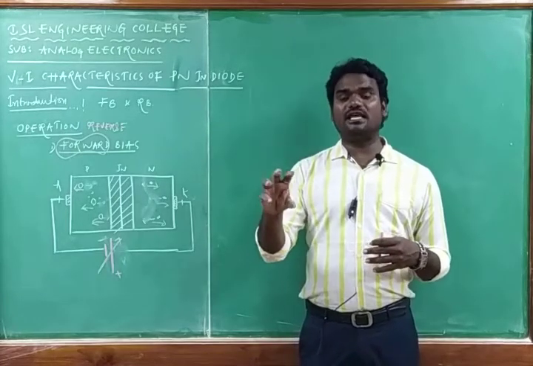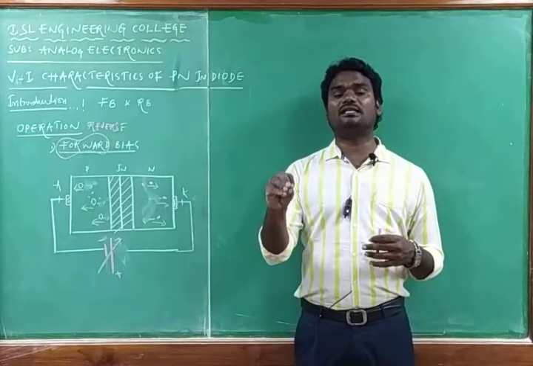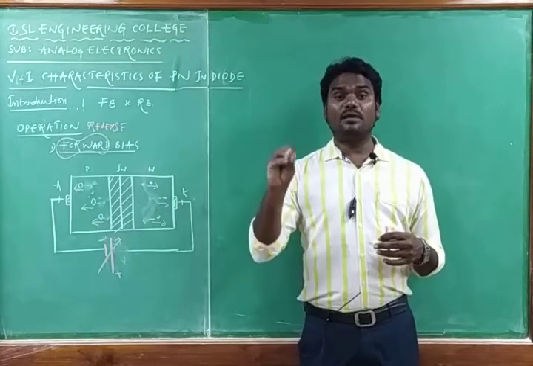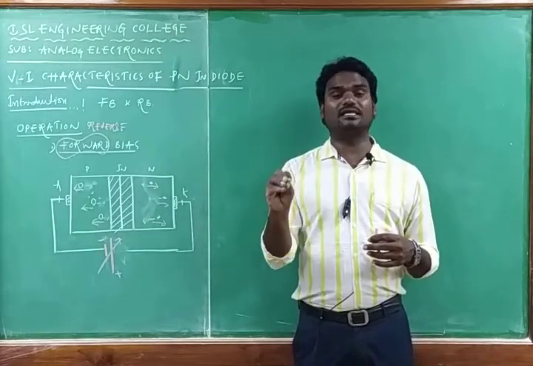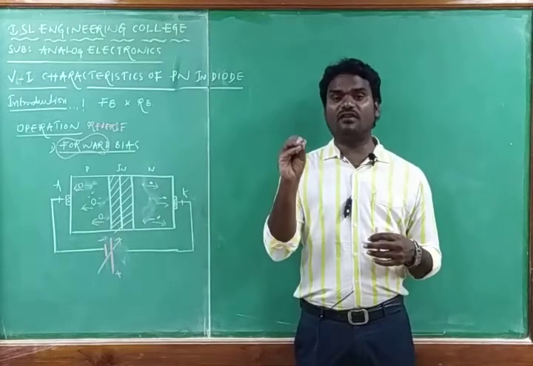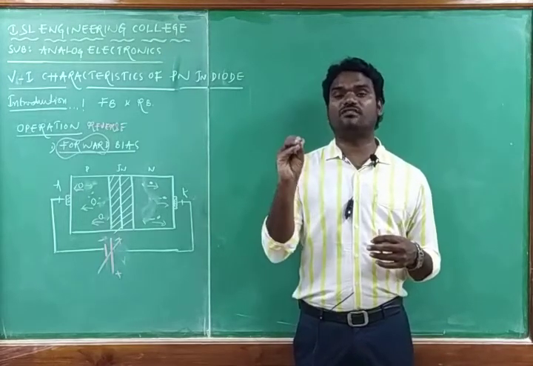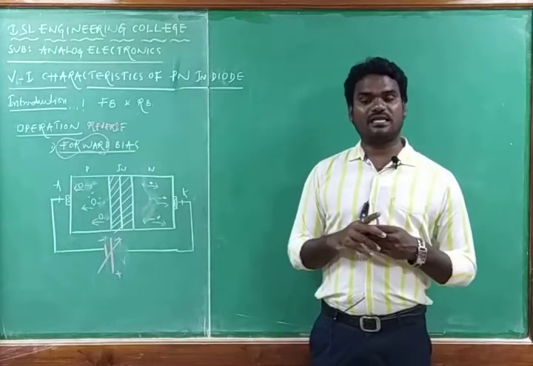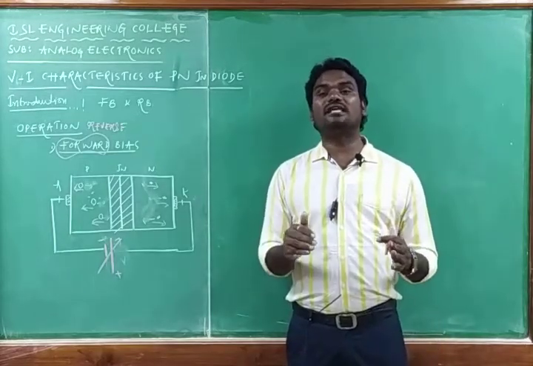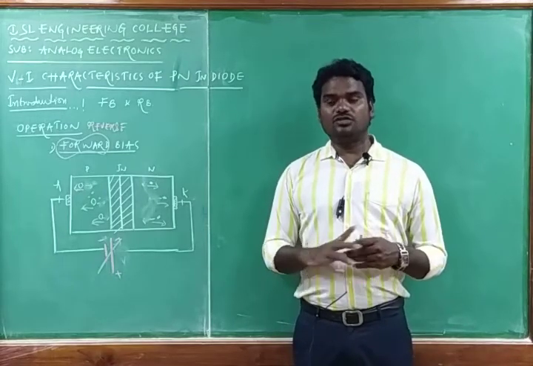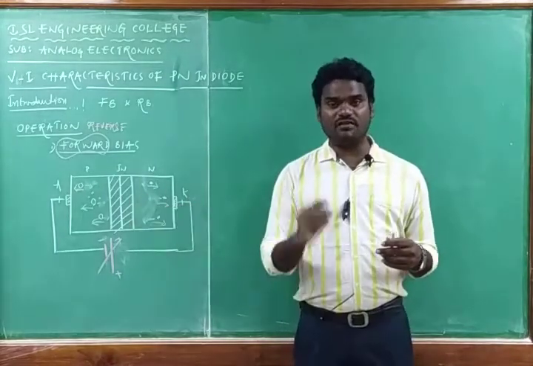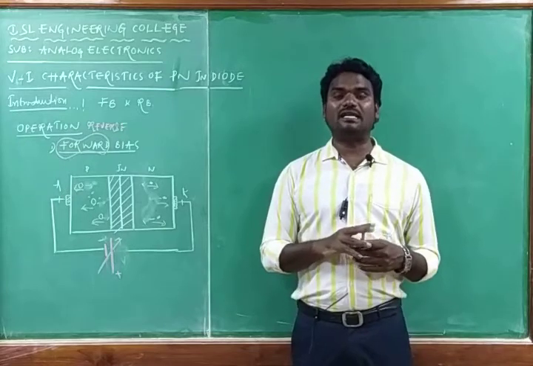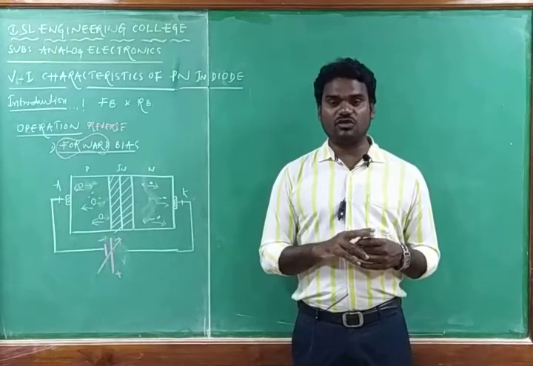In ideal cases, a PN junction diode does not conduct current in reverse bias, but practically it can conduct a very small current, in terms of microamps, and that current is due to the minority charge carriers. That current is named the leakage current. Due to the tunneling effect, it conducts a very small current, and that current is named the reverse saturation current or leakage current.